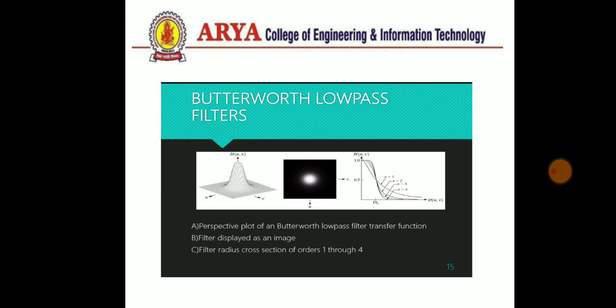So this is all about the frequency domain filters: the different types of frequency domain filters work differently according to their behavior, and the main motive of all the filters is to remove the noisy data and increase the actual quality of the image by removing the noisy data and coming back to the original data. So frequency domain filters are very useful for image restoration, transformation, and filtering techniques.